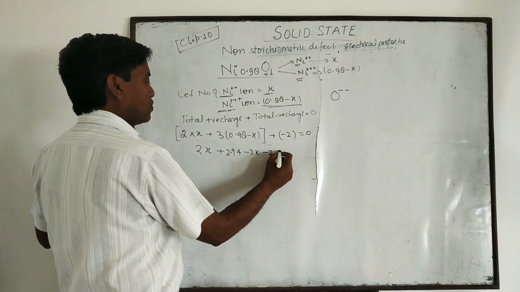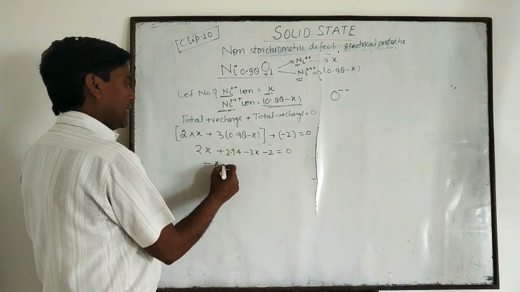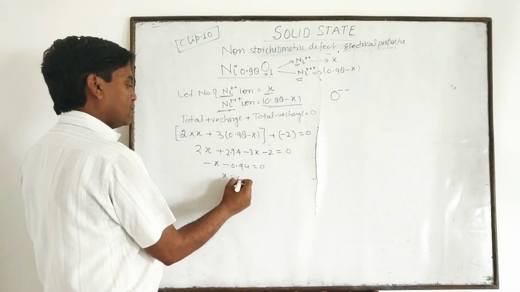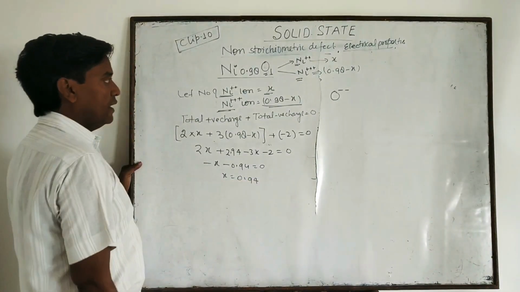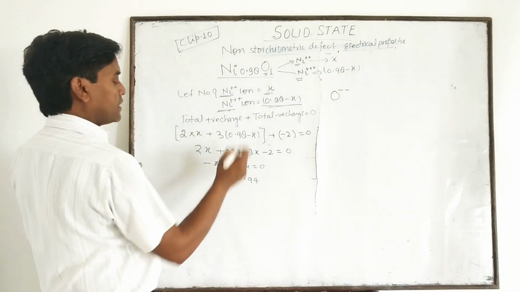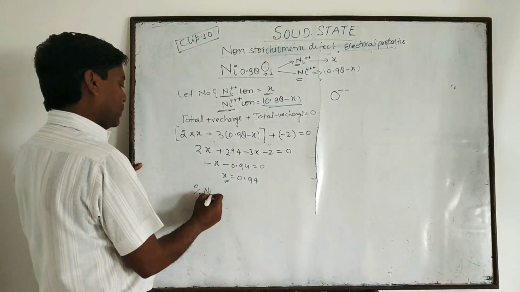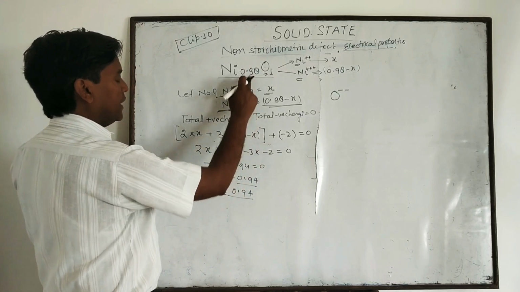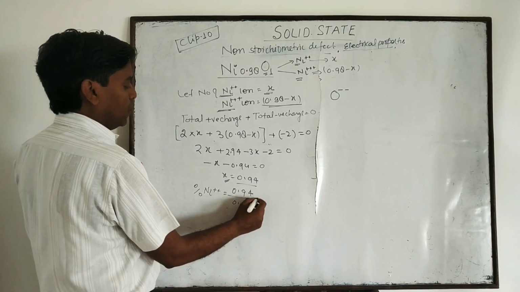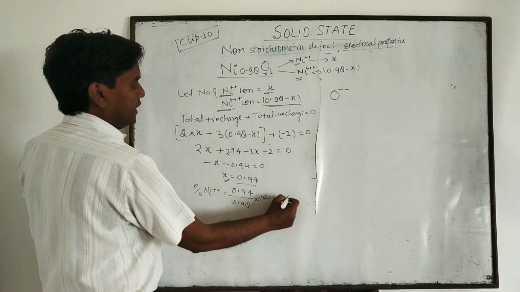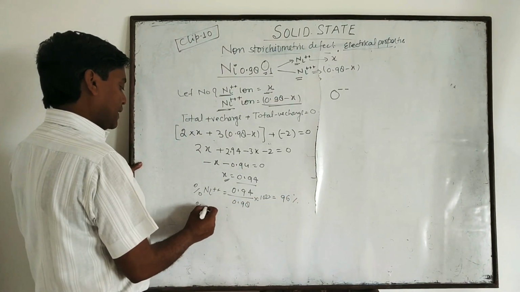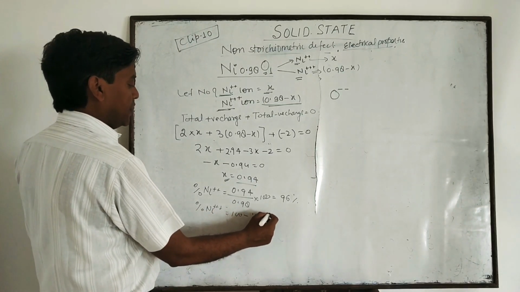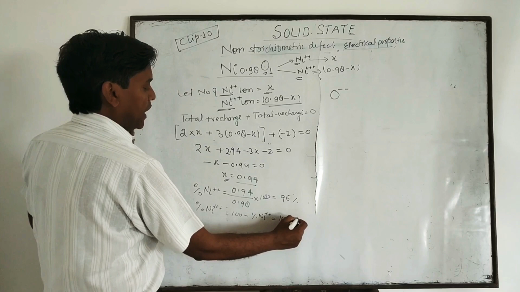2.94 minus 2 is equal to how much, beta? 0. Then minus x minus 0.94 is equal to 0, or x is equal to 0.94. Clear? X was the percentage of Ni2+. So the percentage of Ni2+ is 0.94 over the total 0.98, into 100. That is 96%. Simply, the percentage of Ni3+ is 100 minus the percentage of Ni2+, that is 100 minus 96,